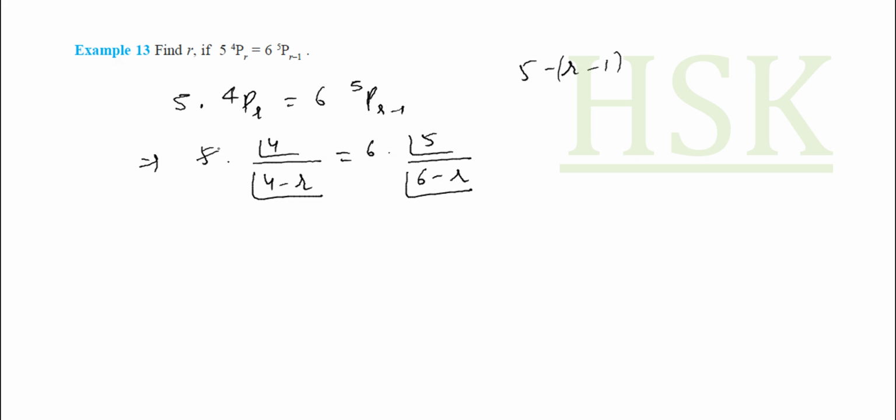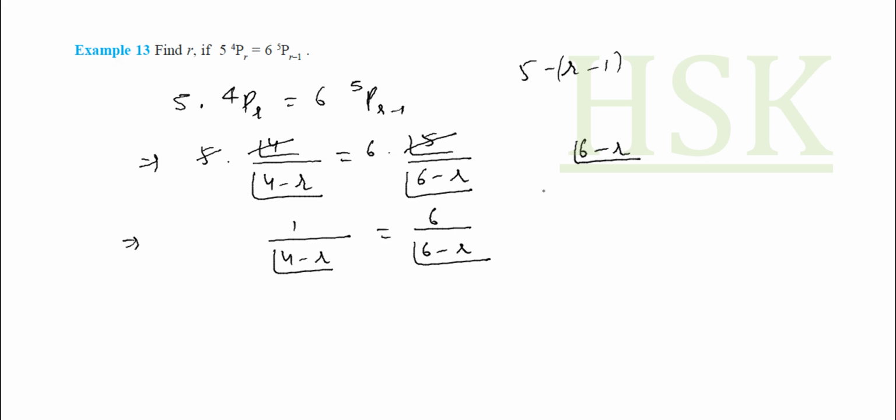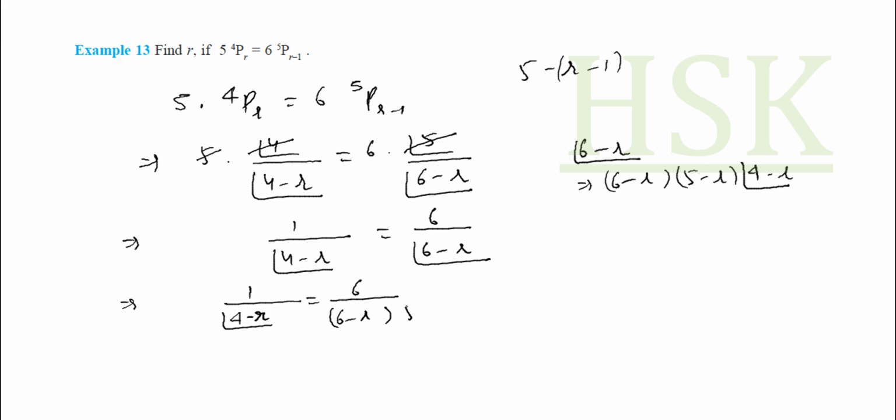So 5 into 4 factorial is 5 factorial, so this cancels out, and I'm going to obtain 1 upon (4 minus r) factorial is equal to 6 upon (6 minus r) factorial. Now from these terms, (4 minus r) factorial and (6 minus r) factorial, I find that (6 minus r) factorial is the bigger term of both. So this can be written as (6 minus r) into (5 minus r) into (4 minus r) factorial. So this will be equal to 1 upon (4 minus r) factorial, 6 upon (6 minus r) into (5 minus r) into (4 minus r) factorial. So this cancels out,